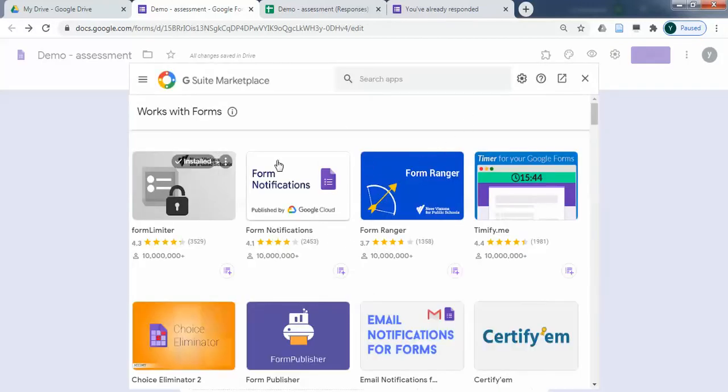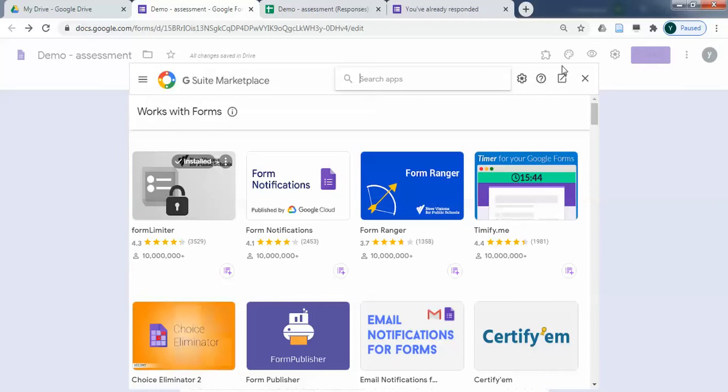It will take you to a site where all the add-ons are present. This is called the G Suite Marketplace, like how you have a Google Play Store where we have all our apps. Here you can search the app, just type form limiter, you will find it. So this is the form limiter. I have already installed it, so it is showing me it's already installed here.